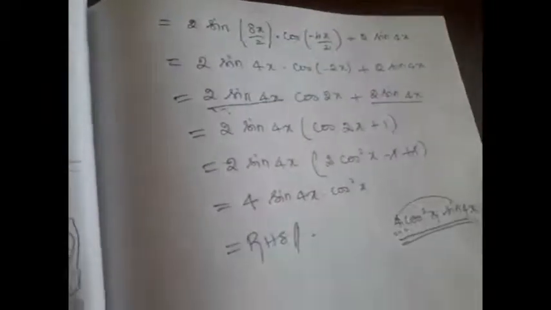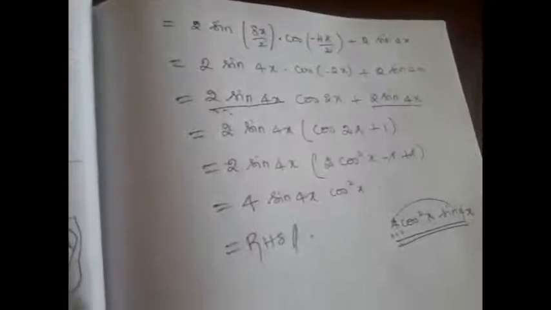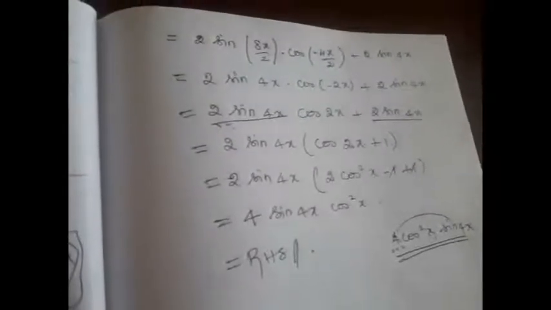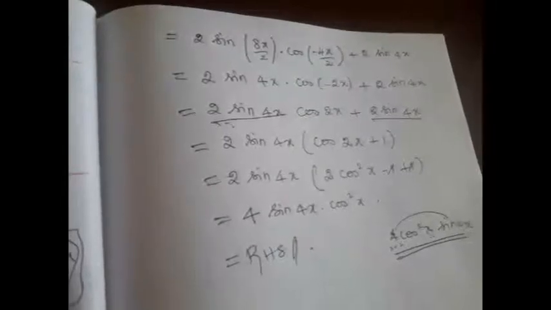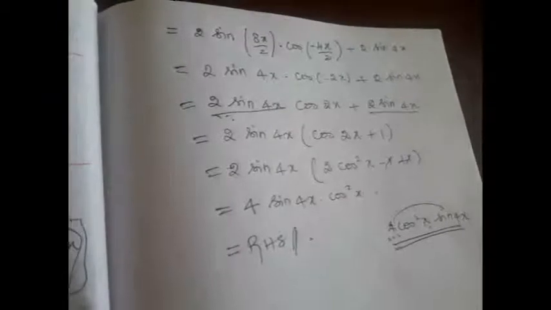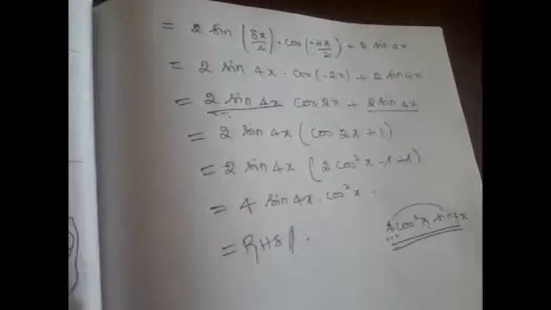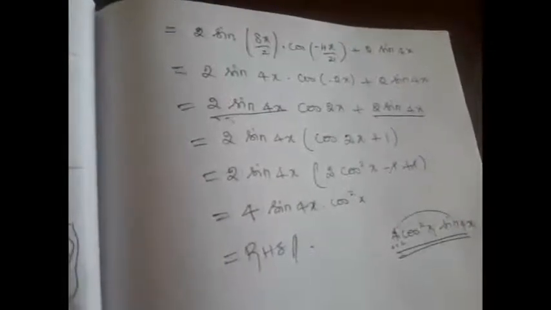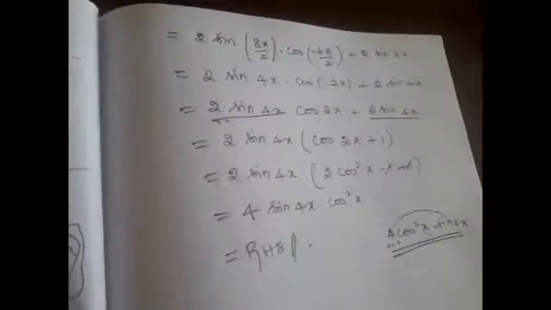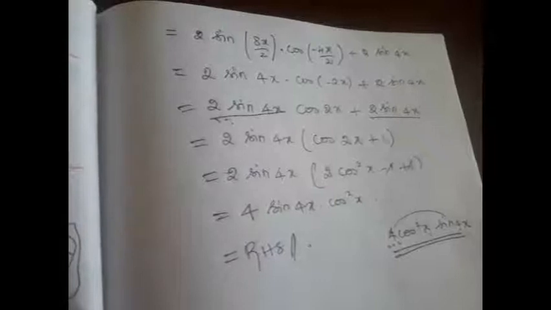Again and again I am telling you, there is no hard and fast rule that only this way you should proceed. It all depends on what you need to prove and how you are going to logically proceed with your problem to reach your answer. So we have a set of identities, and it's up to you where you start and how to reach your answer. In between, you have to choose your identities appropriately and substitute the values, right?